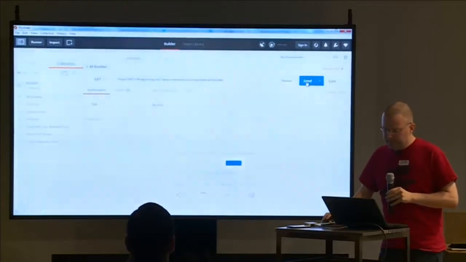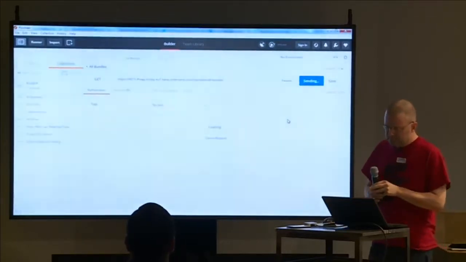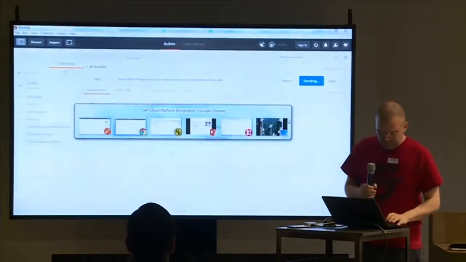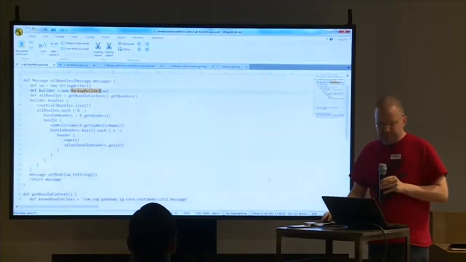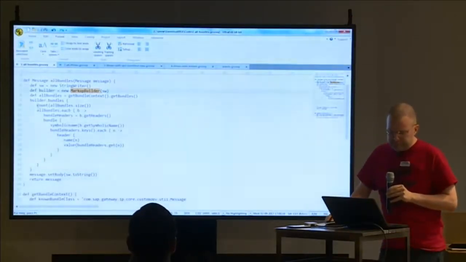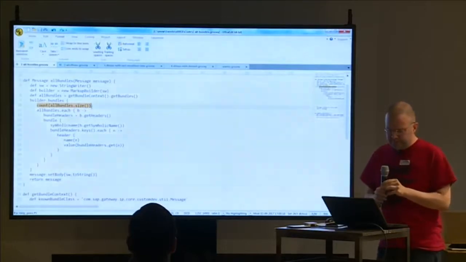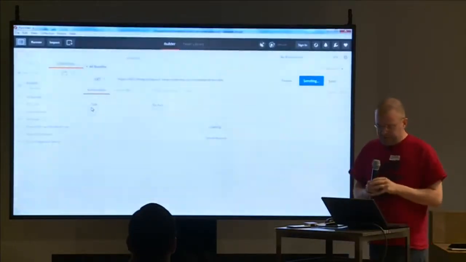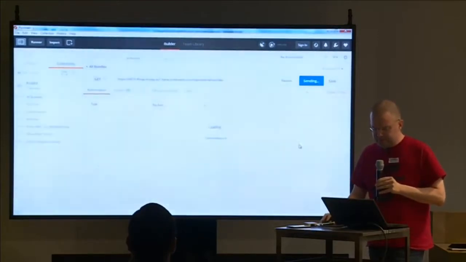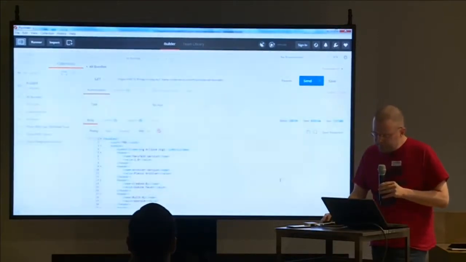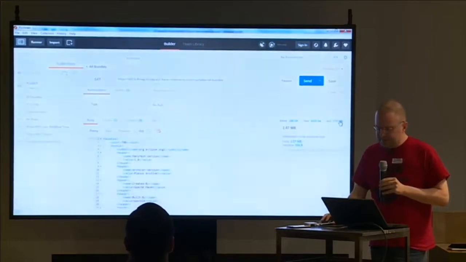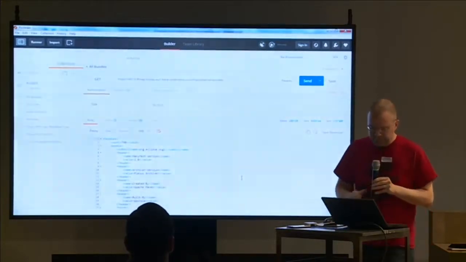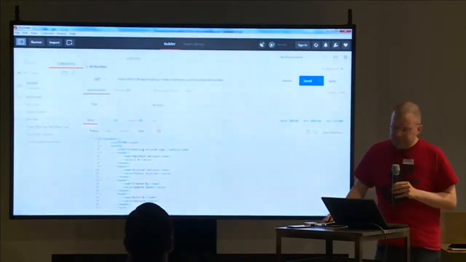Okay, so I'm running that now. Also, I put in up here the count of every bundle, should we be so lucky to actually get a list of them. So it might take a while to extract all this and get it back. Yeah, according to Postman, there's 2.5 megabytes of XML here. So 790